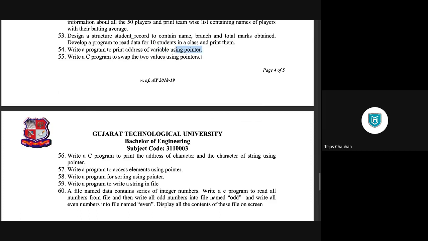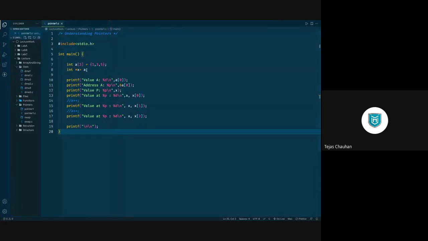So let me show you that one. We have already done many of these programs in lecture. When we were understanding pointers, the first program we went for was the pointer1.c file, where we had a normal variable. Maybe it can be a simple integer or it can be an array. But then we have used a pointer variable here, x, and we have stored the address of a here. If it is an array, you can simply use the array name to access the variable address. If it is a normal variable, you have to go for ampersand a at this place.